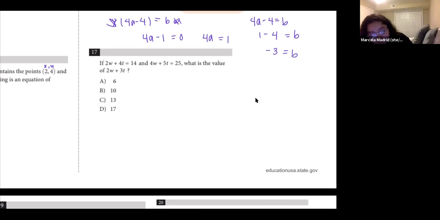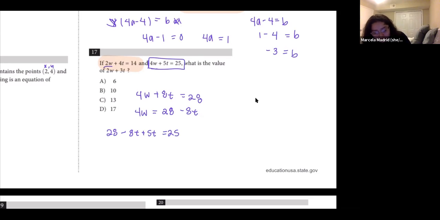But for this one, to quickly go over it, what I would do is, because you have 4W and you have 2W, we want to set them equal to each other. So I would just multiply this equation by 2. So then it'd be 4W plus 8T equals 28. From there, I know that 4W is going to equal 28 minus 8T. So then I plug that back in to the second equation. So then you have 28 minus 8T plus 5T equals 25. From there you solve, you get